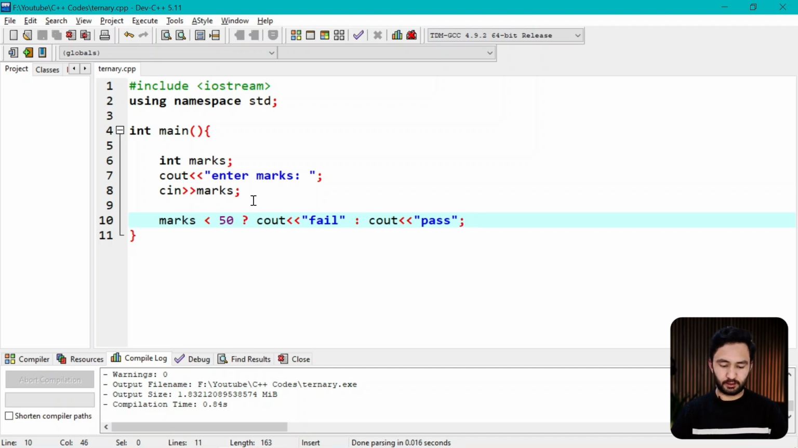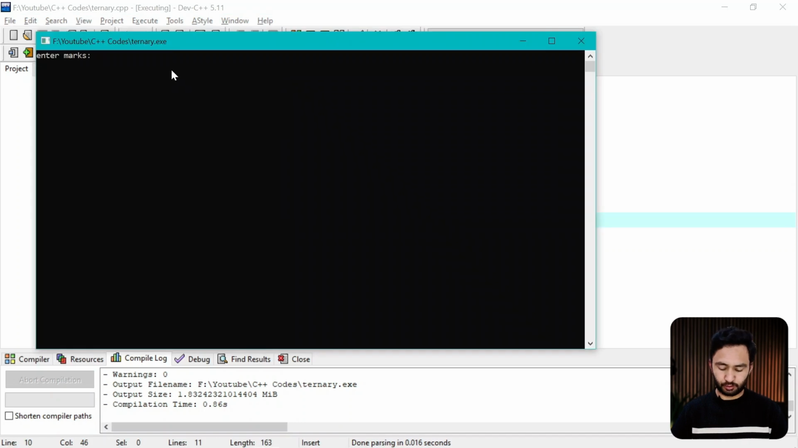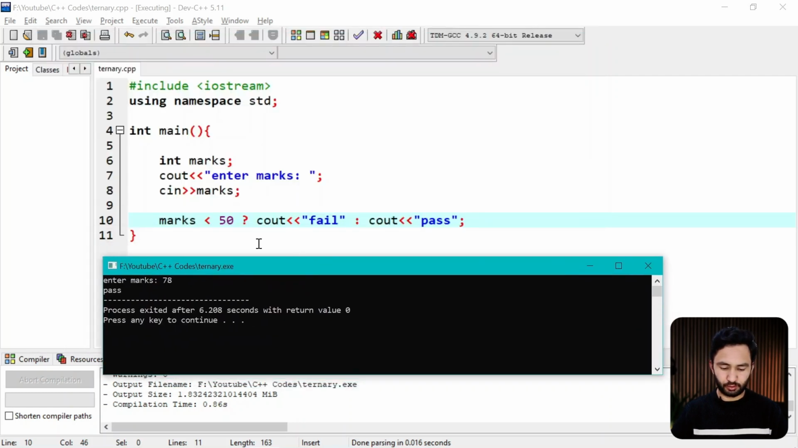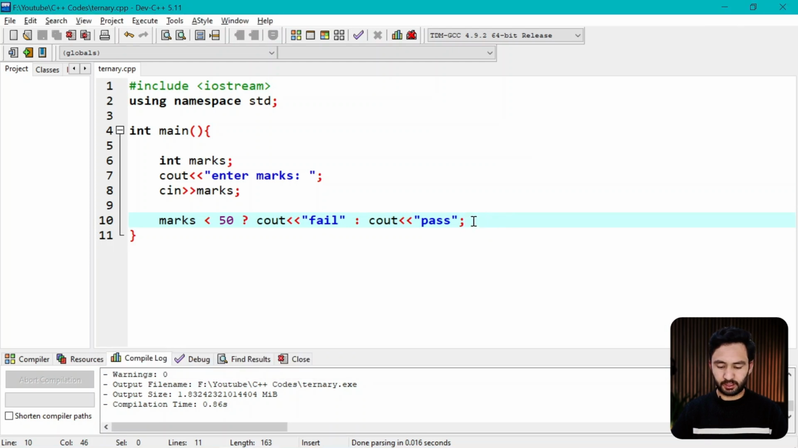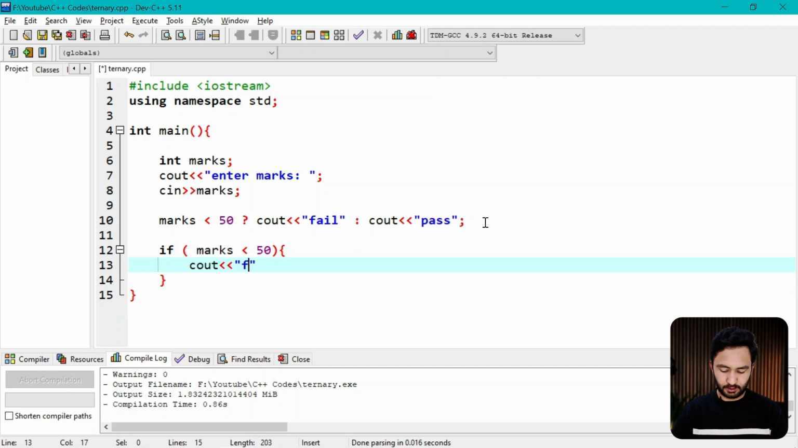And if I save it, compile and run this, and I give it a value of 78, which is greater than 50, then it has printed pass. So when this condition is not met, it has printed this expression. Let me solve this example with if-else and let's compare both. If marks is less than 50, cout fail,